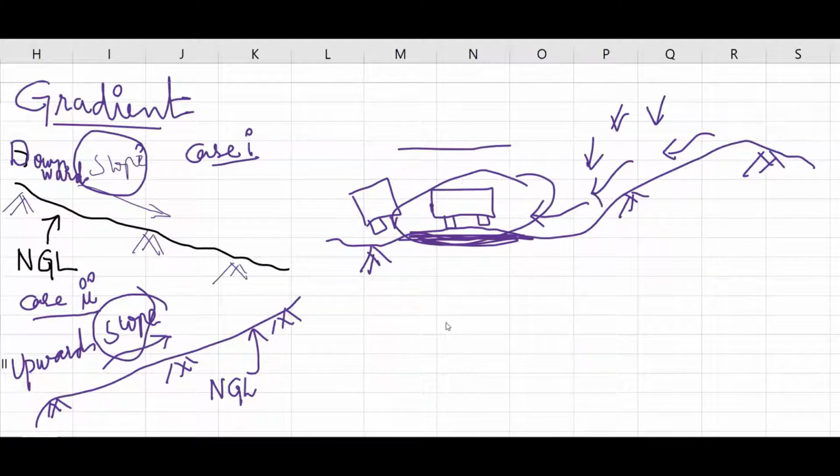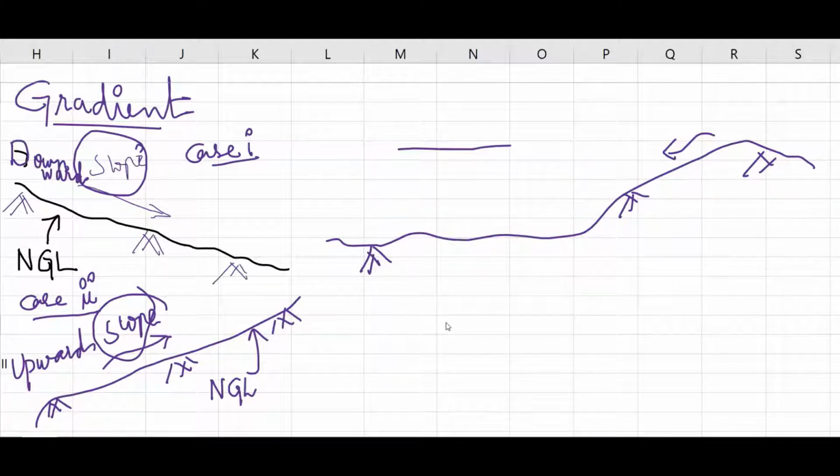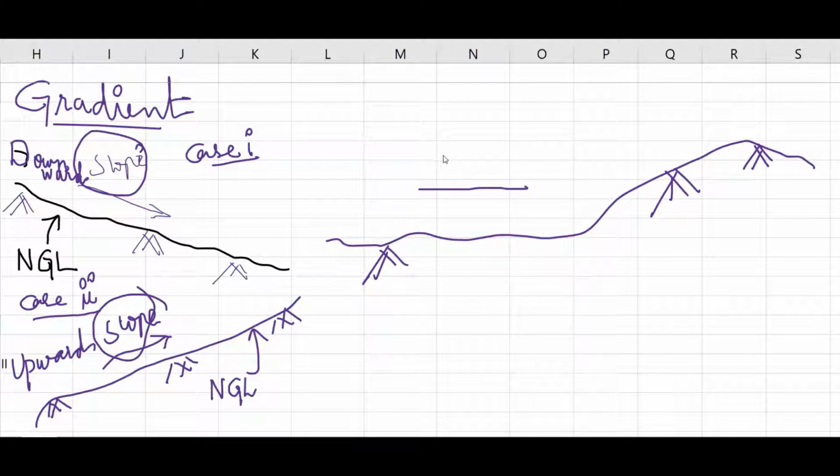So now what is the remedy? These things happen because you cannot change the ground level. We are not the creators. We did not create the ground. The ground has existed for billions of years. Now what we do is engineer the ground. We will raise the level, which we call the formation level. We will raise the level.